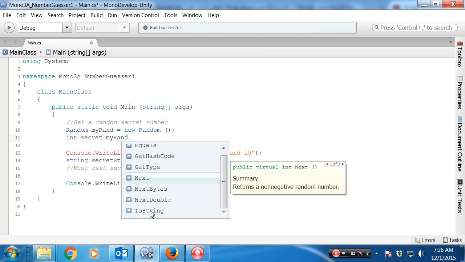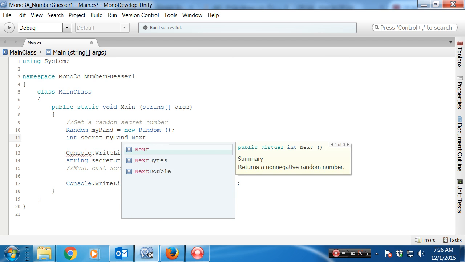Oh, and I can turn my rand into a string, which you might think we want to do, but we can't compare strings easily. We can't say, is Bob greater than Charlie, like we could in Python. So, okay, my rand dot, it's actually just next, okay? Please note that next has 3